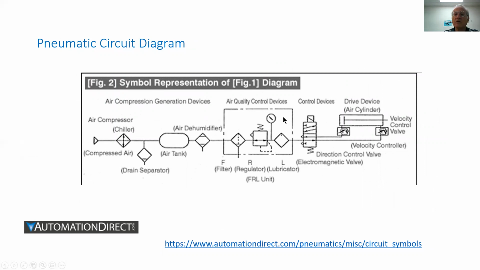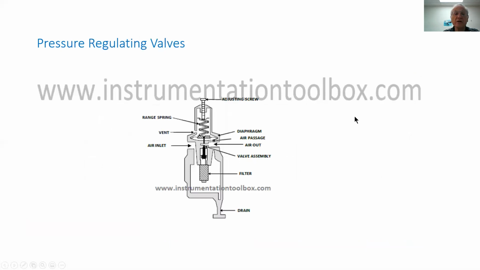Here's another example: air compressor in the circuit diagram, the air tank, the humidifier, and then over here the quality control device with the check valve. And then we have a filter and lubricator. We need a lubricator to assure that the moving parts over here are going to be lubricated. So a mist of lubrication is embedded inside the flow and air. We have over here a spring, and we have a solenoid actuating valve, and we see over here three-way, and we have over here also the velocity control valves that control the air cylinder motion.